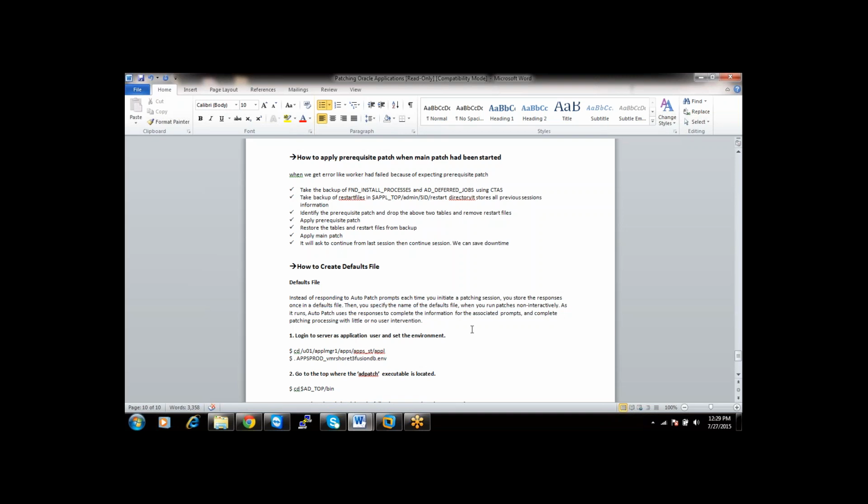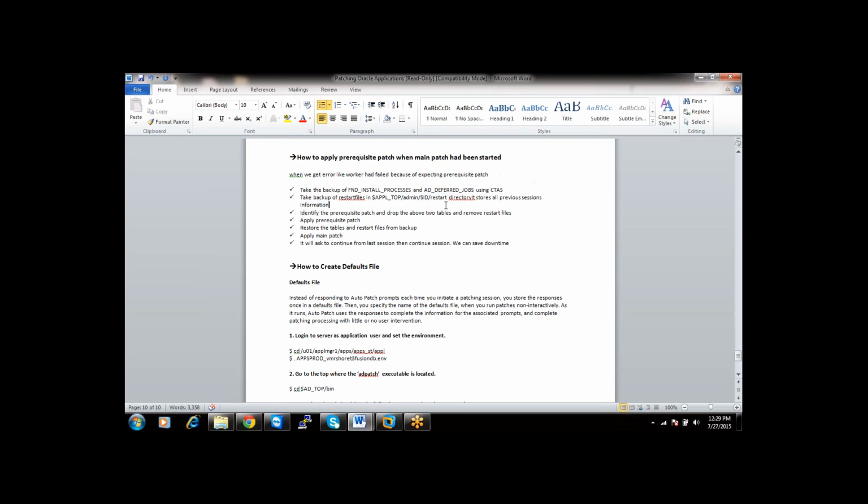So at this point, there is one technique we have to follow. You know that the patch maintains the workers information in two tables: FND_INSTALL_PROCESSES and AD_DEFER_JOBS, right? And it contains some information in the restart files in the APPL_TOP admin SID restart directory, right?